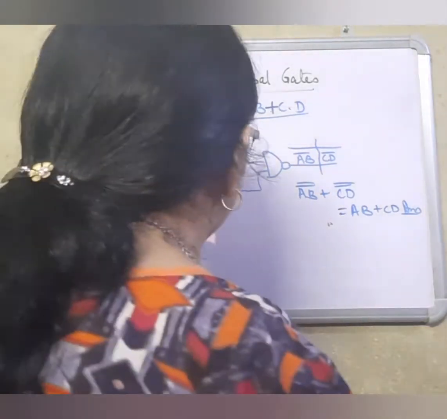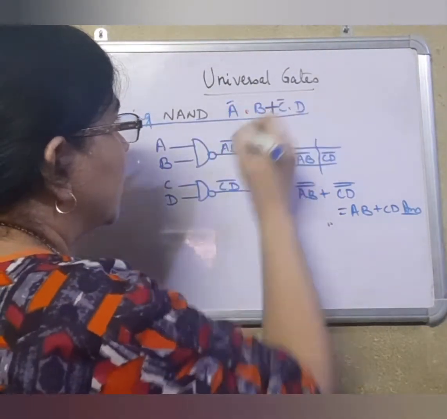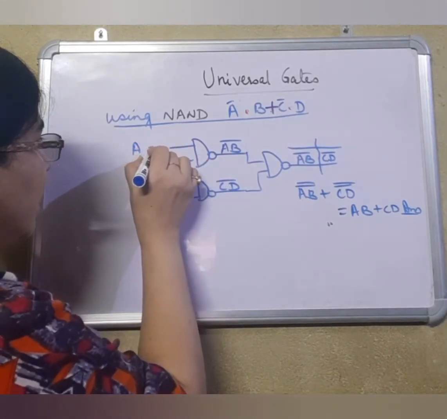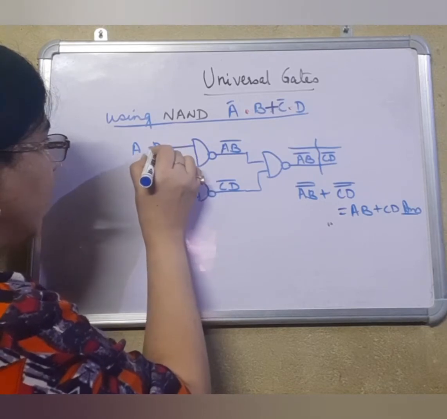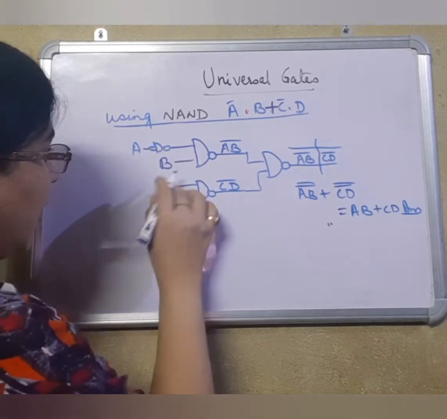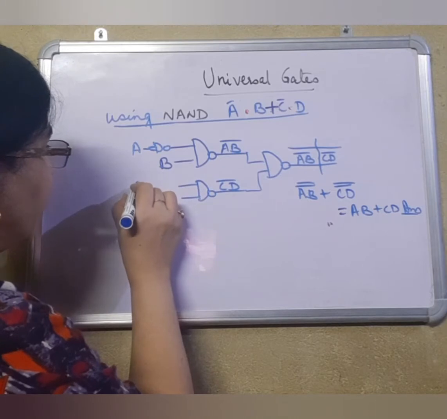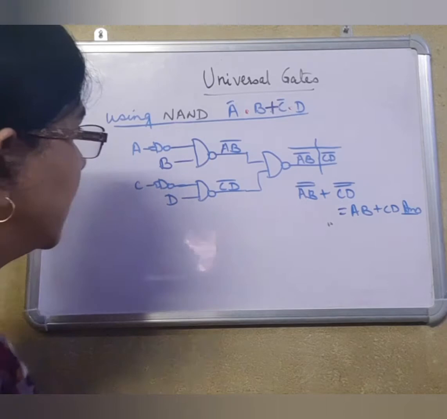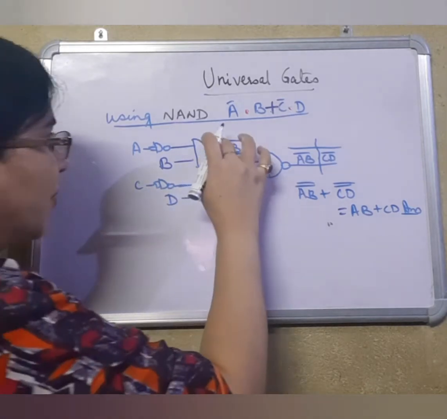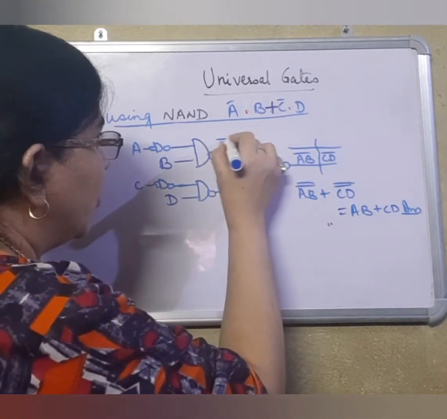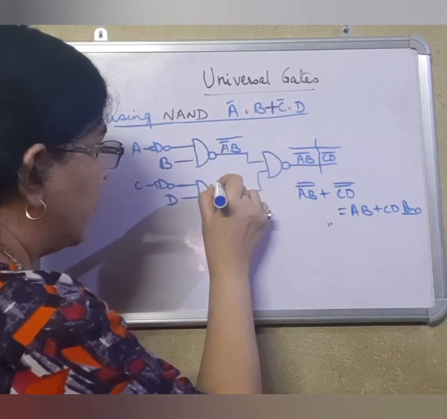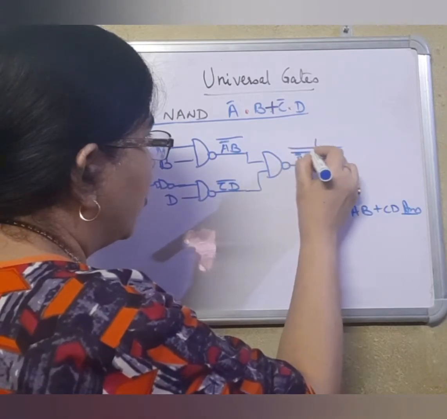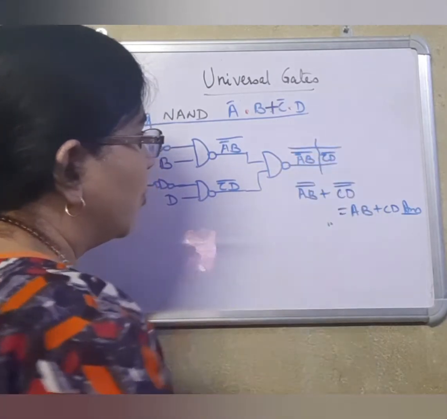And if suppose a question was carrying a complement with it, just make a simple AND gate. No other gate is required for A. And here also for C we will be using a simple AND gate. So what difference comes here? It will be A bar B whole bar, and here also C bar D whole bar. So this will be A bar B whole bar, this will be C bar D whole bar.